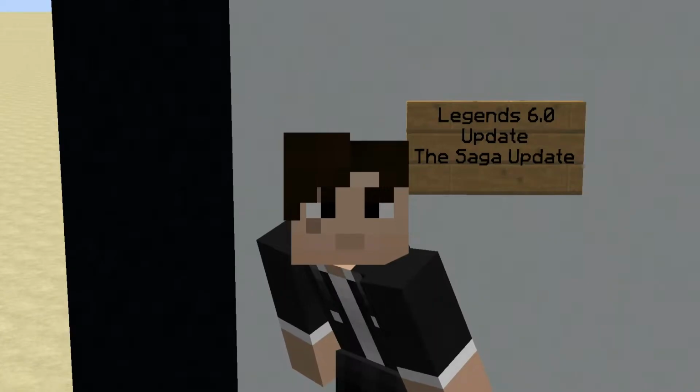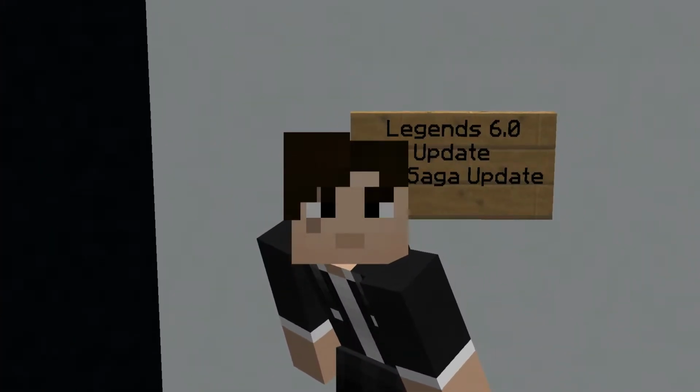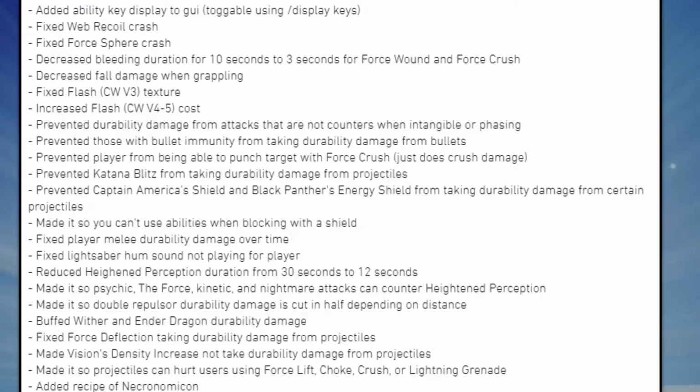So of course this is the Saga update, meaning Star Wars. Let's go ahead and read this changelog, shall we? For the changelog of 5.0, he has added the ability key display to GUI, toggleable using /display keys. Fixed web recoil crash, fixed force sphere crash, decreased bleeding duration from 10 seconds to 3 seconds for force wound and force crush,